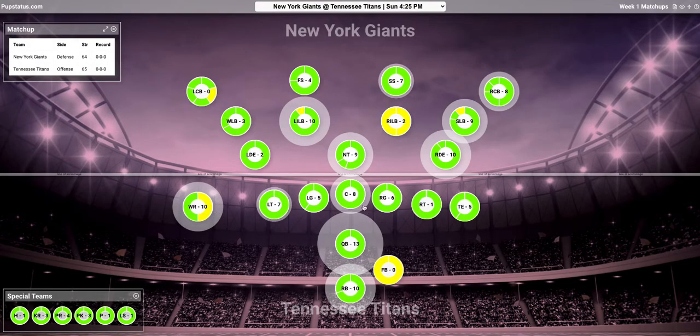But in this matchup, I might look for people on the left side here because they just don't have a lot of depth. On the right side, their strong side linebacker has a little bit of strength, but here's a matchup I might look at and think, okay, obviously the offense is going to put up some points, or at least be able to make bigger plays against this secondary that's relatively weak compared to, say, the Bills, for instance.